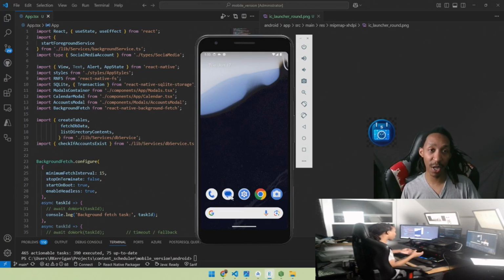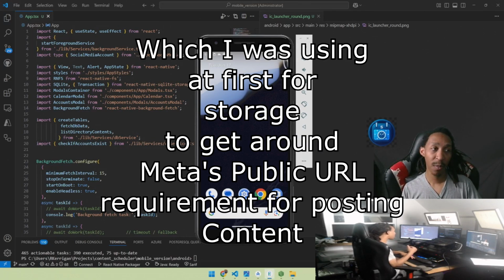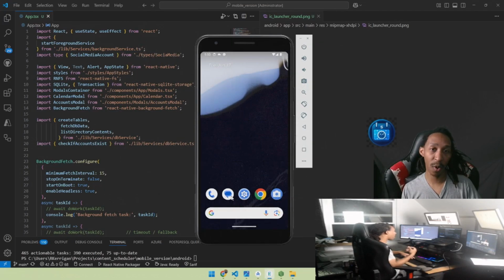And so it changed everything, because using AWS means that you're basically tied down to using AWS for cloud storage. And really it's just a solution to one specific issue. That issue being Meta or Facebook or whatever you want to call it.